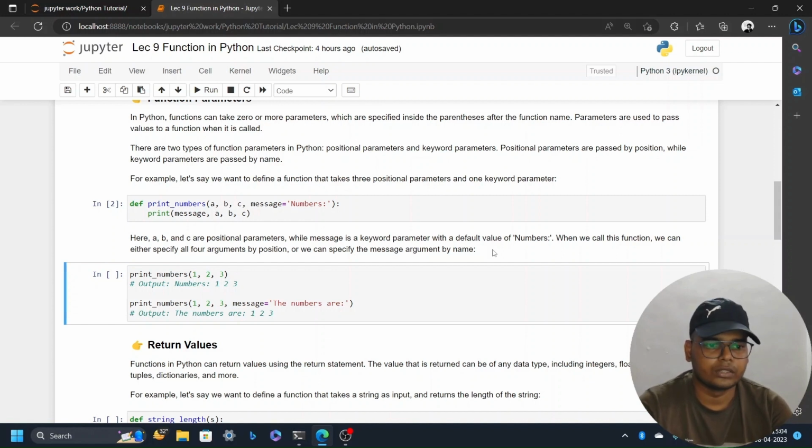So when we call this function, we can either specify all 4 arguments by position, or we can specify the message argument by name. So when we write print_numbers(1, 2, 3), that means we are calling this print_numbers function and we are giving the values of a, b, c respectively as 1, 2, 3. So the value of a is 1 and b is 2 and c is 3. So if I run this cell, the output will be "numbers 1, 2, 3",